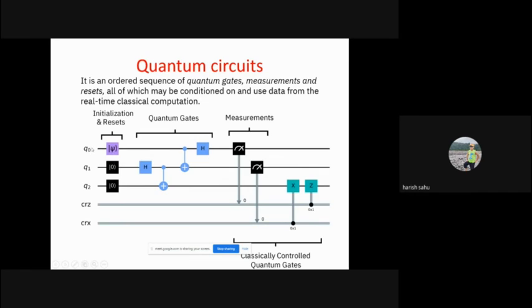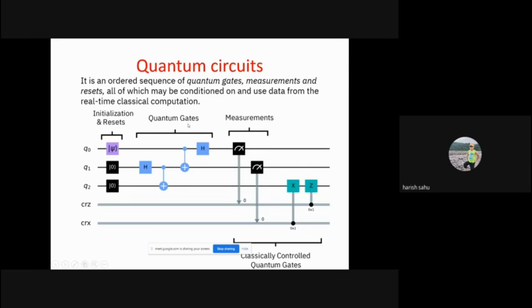And here is Q0. If you see, it's a general variable quantum state. The first step, which I told, is some resets and initialization. Once these are done, similar to classical, where we use some variables, initialize them with predefined values, and then apply some classical gates or operations on them, here also we have quantum gates.